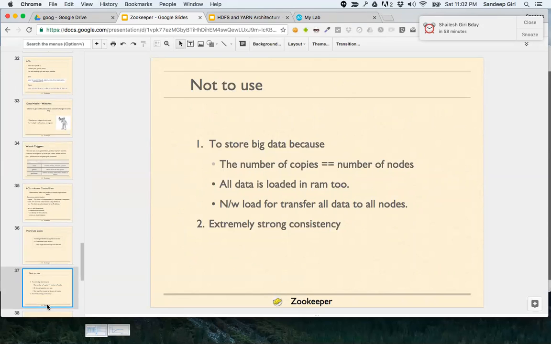Do not use Zookeeper to store bigger data, because the whole data is copied to all the nodes. Also, the whole data is kept in memory. Therefore, if you keep adding more and more data, Zookeeper is going to consume a lot of memory as well as a lot of disk. Make sure you use Zookeeper only for tiny bits of data, not huge data. This is important.